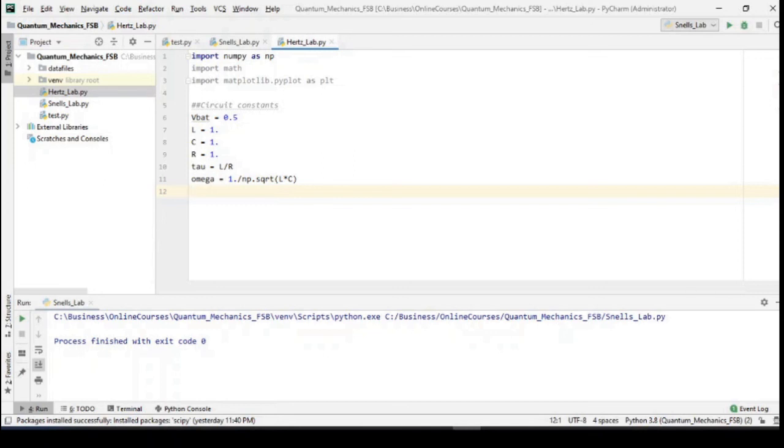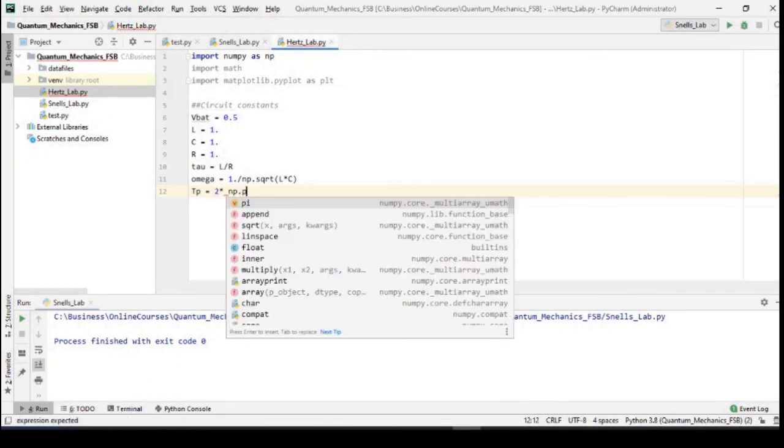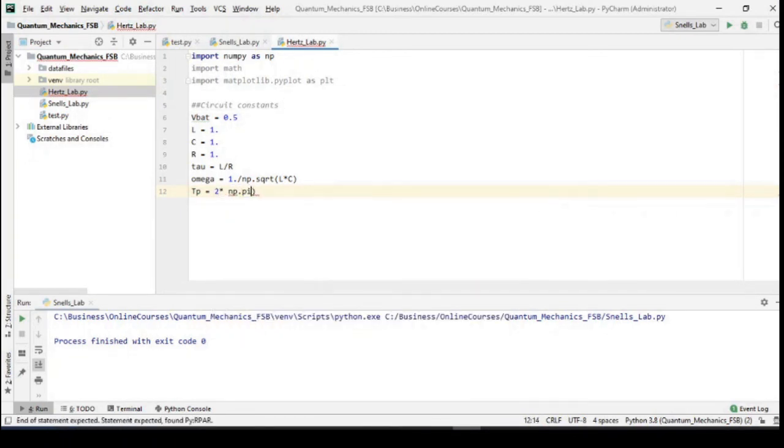In fact, I can calculate the period of the time, which is of course 2 times pi divided by omega. This actually gives us the value of the actual period for the circuit. So we can calculate that number, and we can use that to calculate the final time that we want